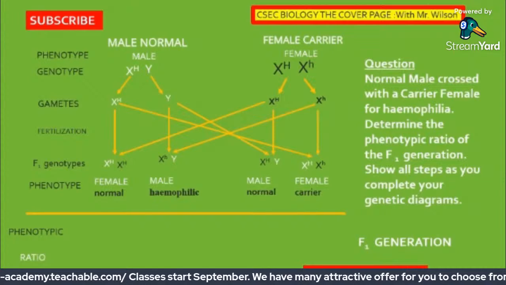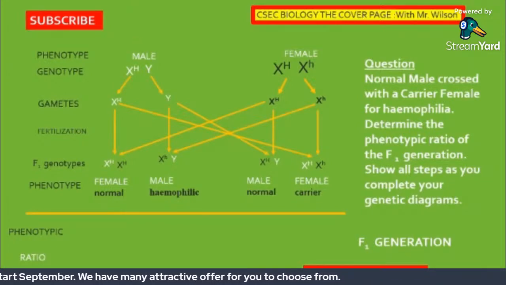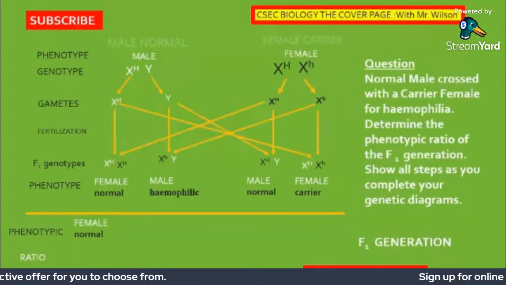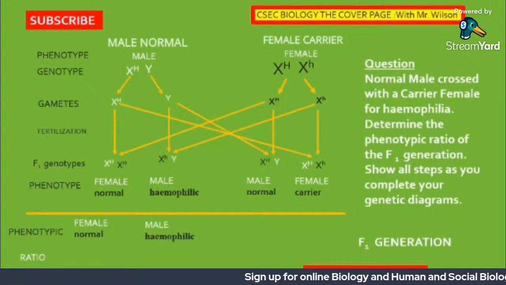Let's move on and look at the phenotypic ratio for the F1 generation. So ratio is always going to be in its simplest term. So here we go, we have